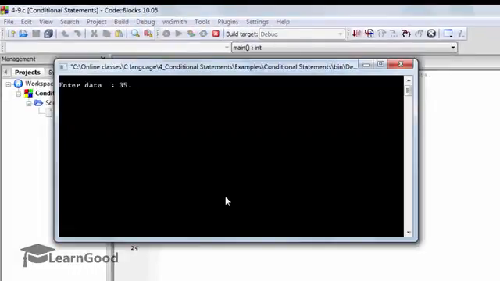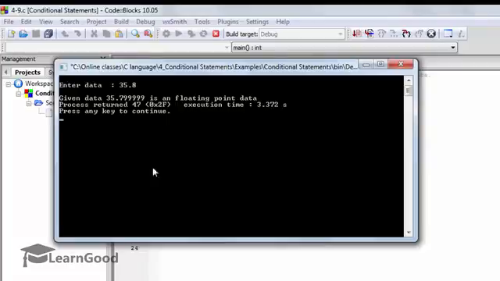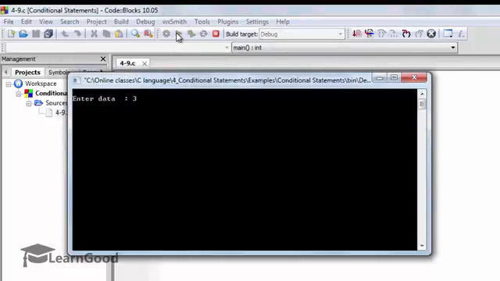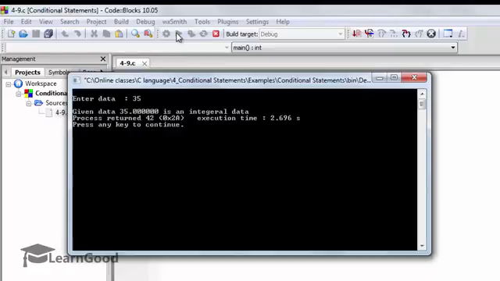So I'll give 35.8 and press enter. It displays given data as 35.8, which is stored with a fractional part in this way, is a floating point data. Okay, it shows floating point data. But the same thing, if I give the data as 35 and press enter, it displays 35 is an integral